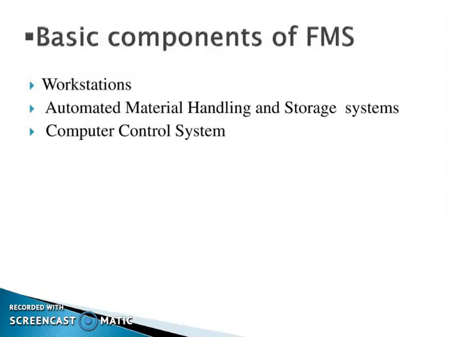Then temporary storage. During machining operation, each station has a provision for waiting parts to increase the machine utilization. Convenient access for loading and unloading the work part. It must include a location for loading or unloading the part. Then compatible with computer control system. It must be capable of control by the computer system directly. Material handling equipment is divided into two types. First one is primary handling system and secondary handling system.